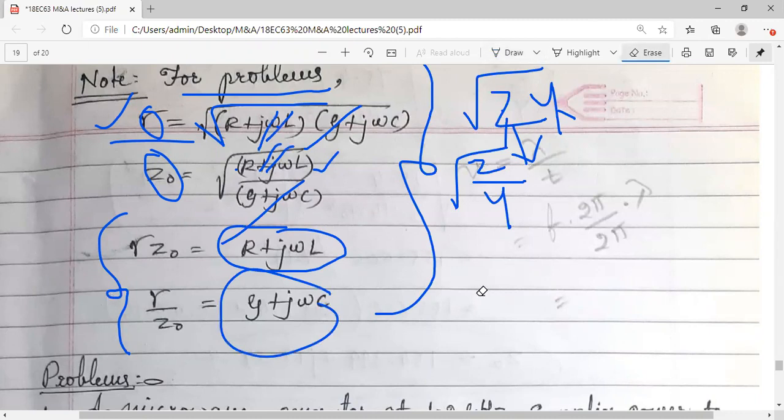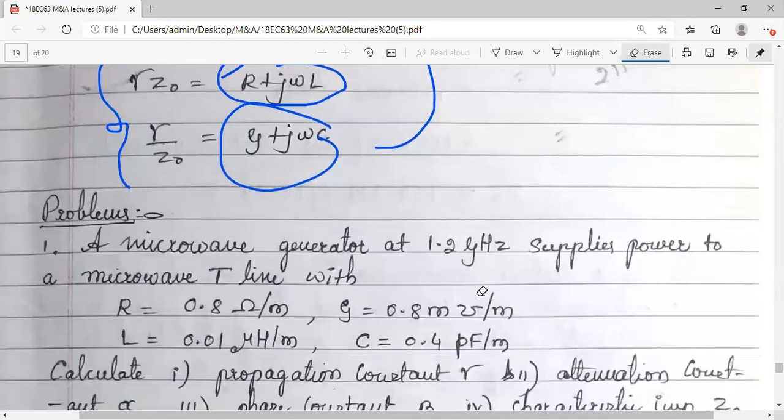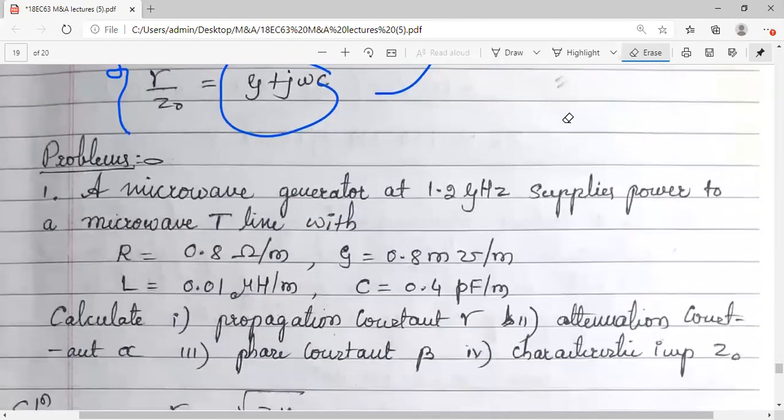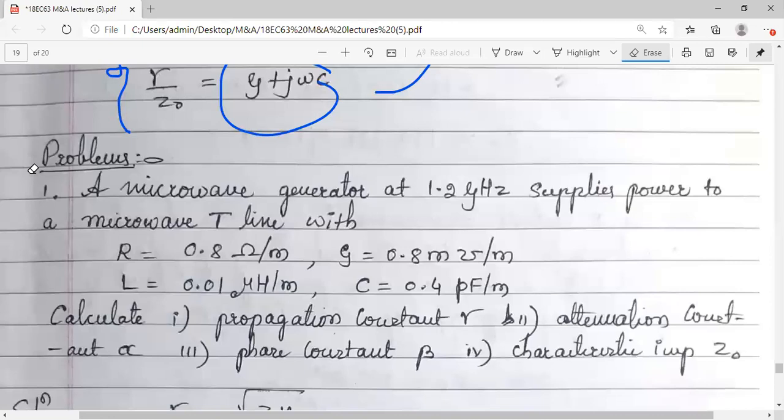So these four equations which I have written here as a note are important from the problems point of view. Let us start with the first problem. Whatever problems I'm solving here, a similar kind you can get in your question papers as well. The values may be different, but the types, what the unknowns are, all the things are covered in these problems. If you have old question papers, please go through them. And if you have some other problems to solve, please WhatsApp me.